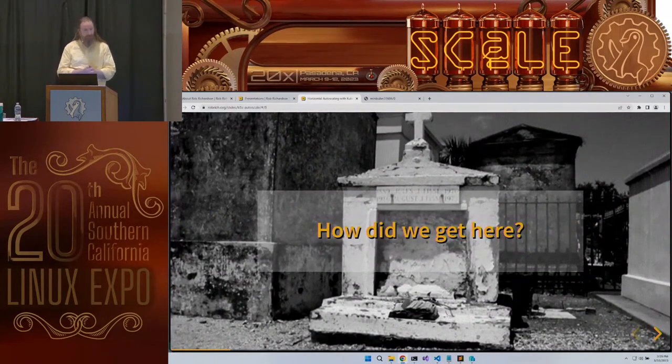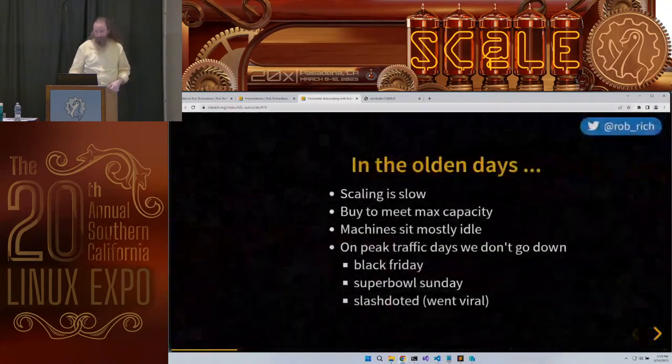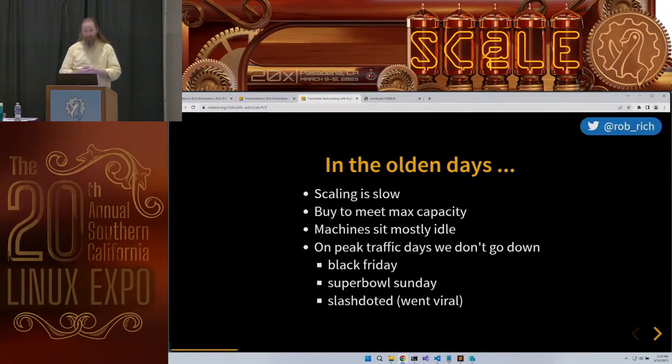So how did we get here? How did we get to the point where we can automatically scale? Well, in the olden days, scaling was slow. So I need to have enough capacity, so I need to buy that many machines, because I can't exactly buy a new machine within the 2 seconds that the request comes in before it times out. So I need to have pre-bought that machine. And then I'm planning for my peak capacity, and now that I've got peak capacity, that means that on all the rest of the days,